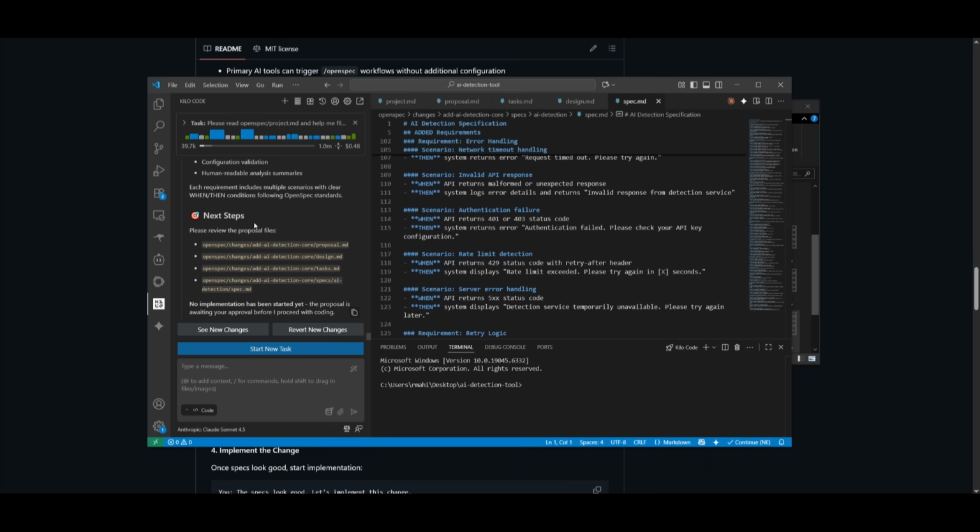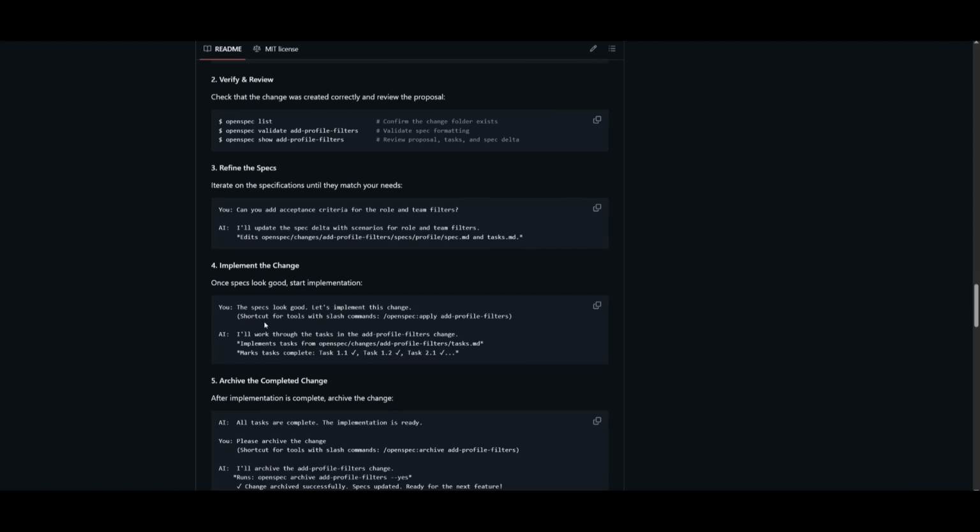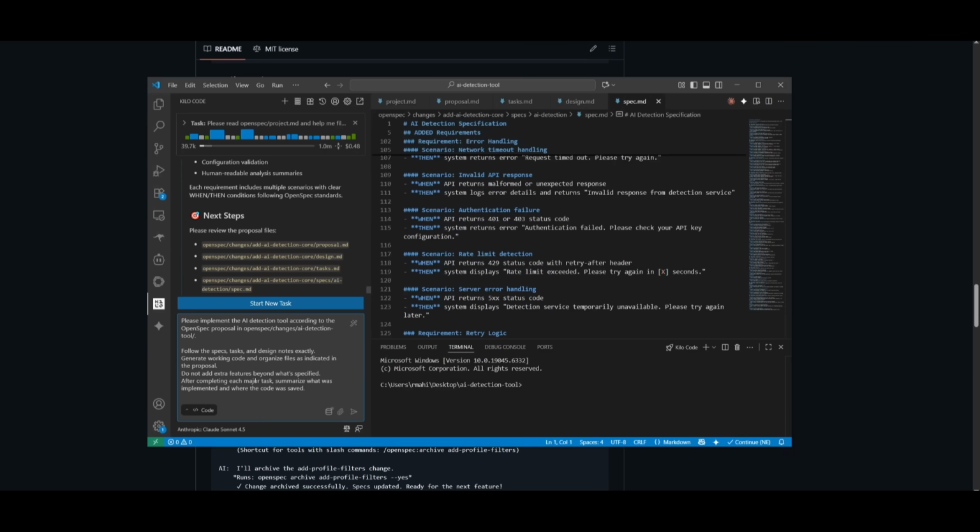And essentially, this is the thought out plan that it is going to work on deploying with the agent to create your AI detection tool or whatever you prompted in the initial section. Now, all you got to do is just implement the change, which is what they specified within the GitHub repository. So now I can just simply instruct the AI agent to implement the AI detection tool according to the OpenSpec